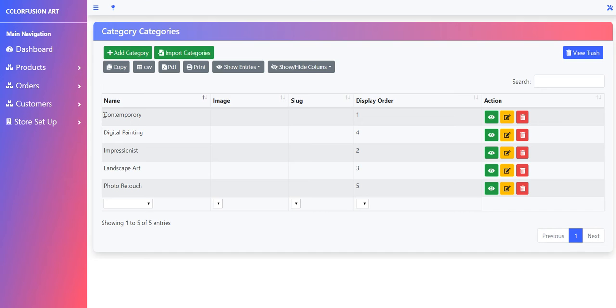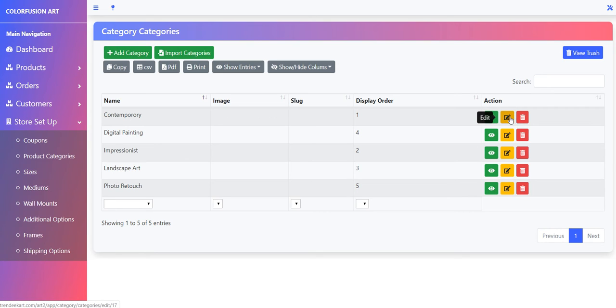Currently we have added these categories as per your requirement. We can add new categories, and we can even edit the categories over here. If we don't want a category on our site, we can just delete it from here by clicking on this button. Okay, then we have the